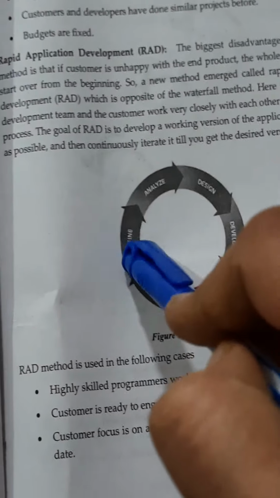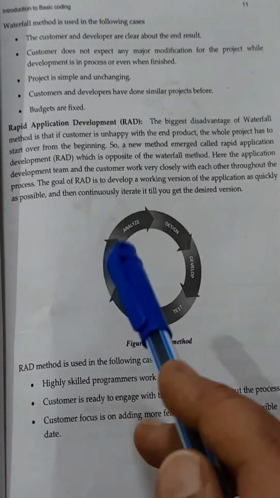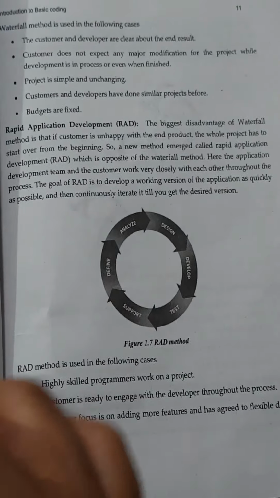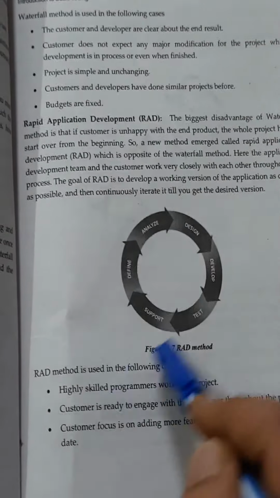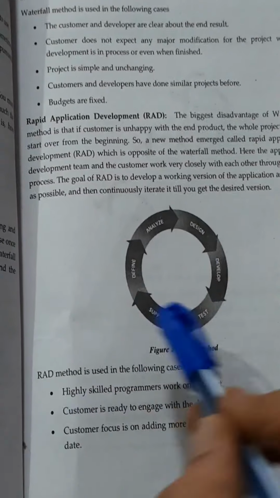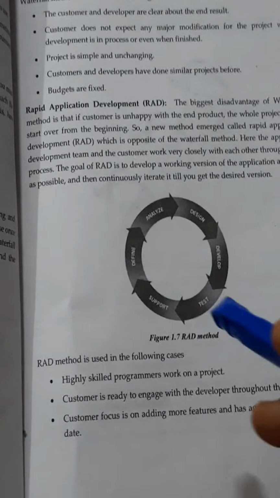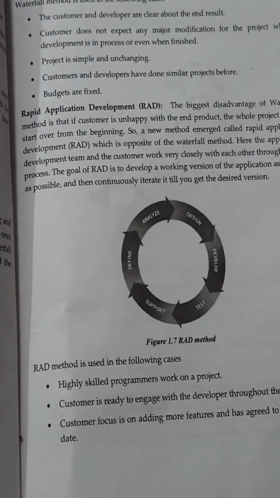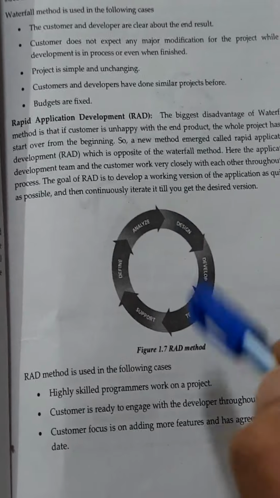But in rapid application development, it is something like a new project, so you don't have any reference to say my project should come out similar to this one. You're doing it for the first time, and it is big. So in that case, you will first develop a small working model, and then you'll go on adding features one by one. You'll talk to the customer before adding every feature to see if he's okay with that. In this way you keep on adding till you get the final version.